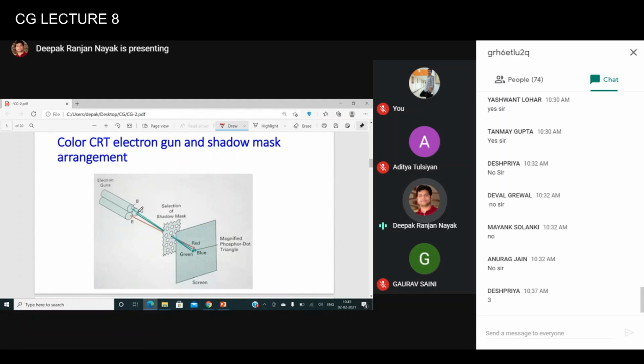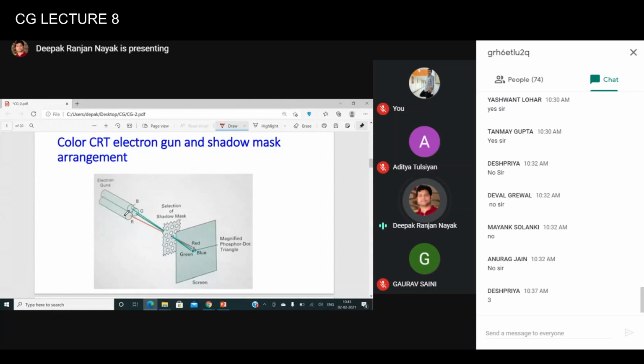RGB, 8-bit, 8-bit, and 8-bit, and finally it will be 24-bit. And we all know how to calculate the number of colors if the number of bits is given to us, right? If you want to generate only blue color, you have to switch off the other 2, red and green. Similarly, if you want to get yellow or magenta, or the white color, you have to switch on all 3 electron beams, red, green, and blue. And for black, you have to switch off all these beams. So all these combinations are possible to generate different colors, right?